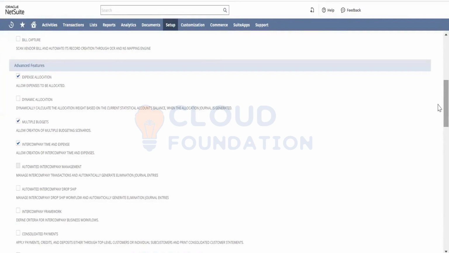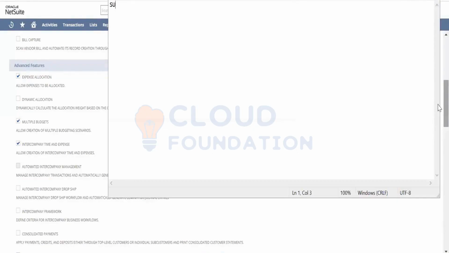So to let you know what an intercompany is, you have subsidiary A and subsidiary B. Subsidiary A wants to purchase something from subsidiary B. Correct.